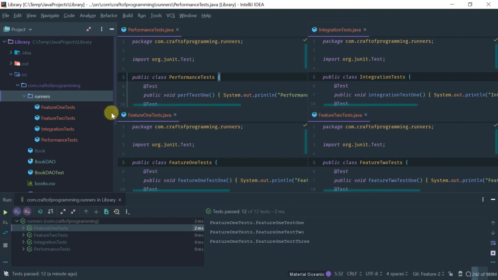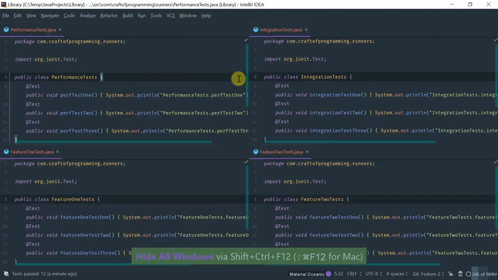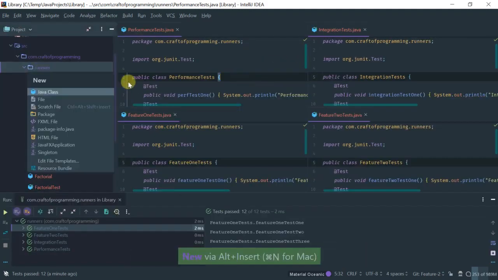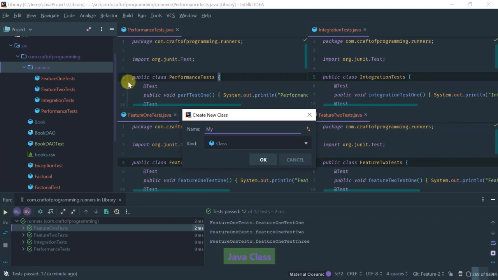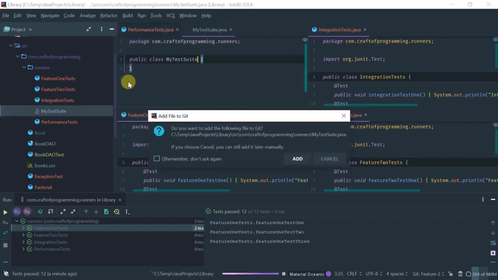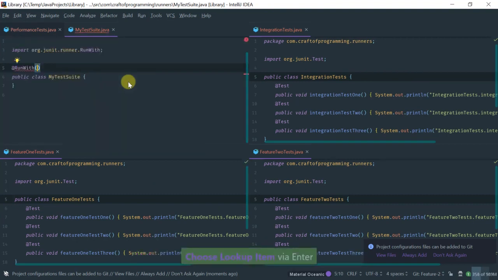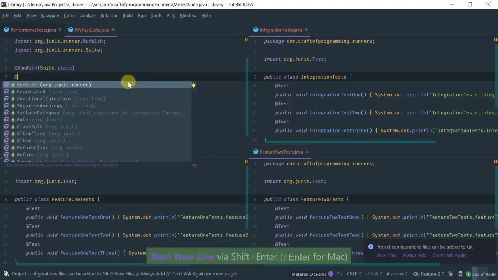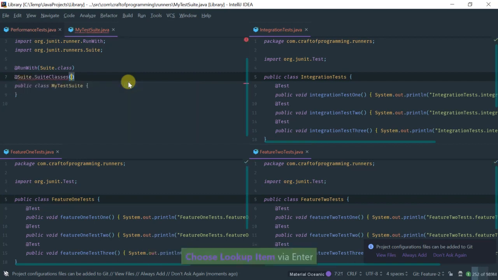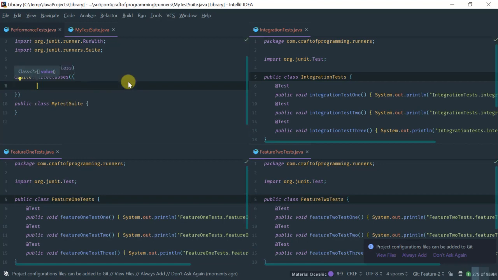So for this, JUnit provides what's called a test suite. The way you define a test suite is as follows. So let's create a class called my test suite. You basically tag it with a special runner called suite. So this is how I'm defining my test suite, and I need to define suite classes. So in here we are going to specify the composition of this suite,